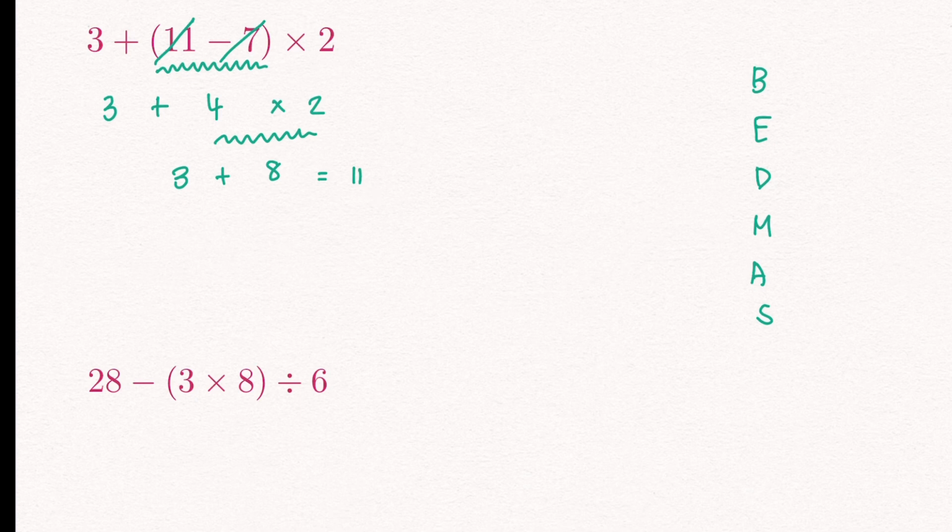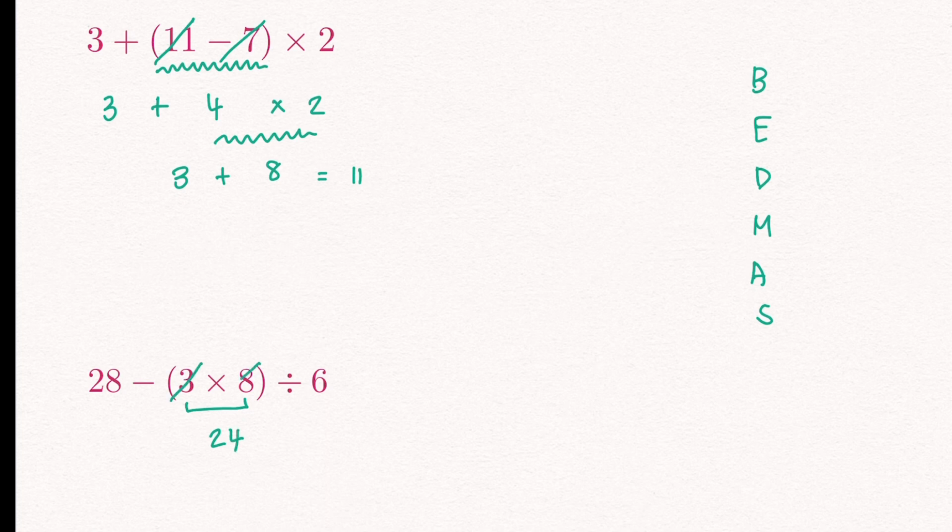In our next question, we have 28 minus brackets 3 times 8 divided by 6. So going through BEDMAS, the first thing you're going to do is bracket. So we're going to simplify 3 times 8, followed by no exponents, but yes for division. So we're going to divide. And then lastly, we're going to subtract. So step by step, 3 times 8 equals